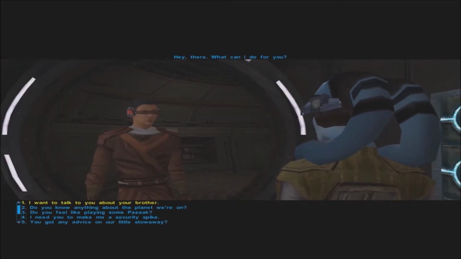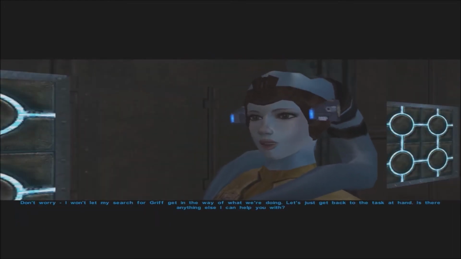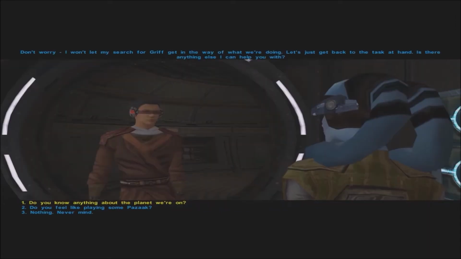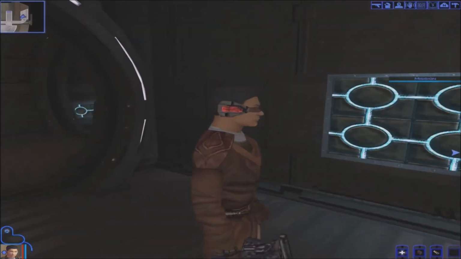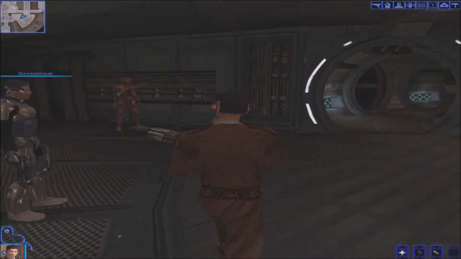I'd like to talk to you about your brother. Don't worry. I won't let the search for Griff get in the way of what we're doing. Okay. Let's just get back to the task at hand. Is there anything else I can help you with? Nope, that'll be it then. Have it your way. But we can't talk to her. But now, let us talk to